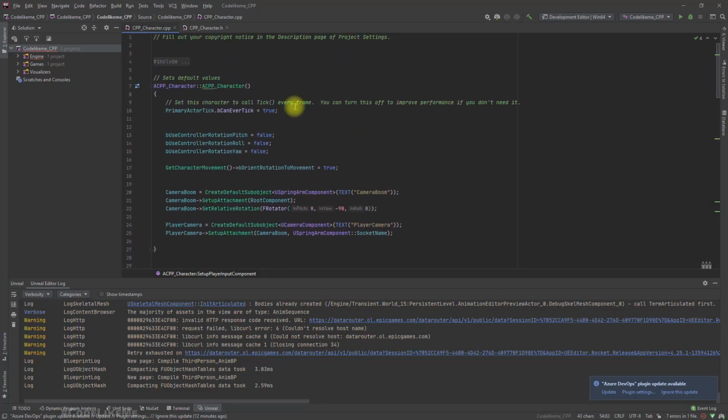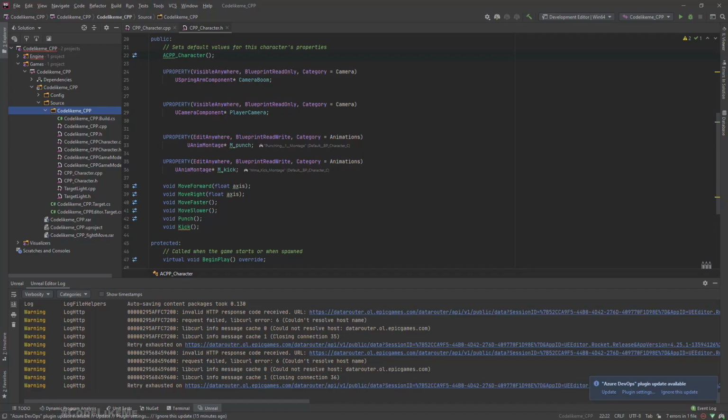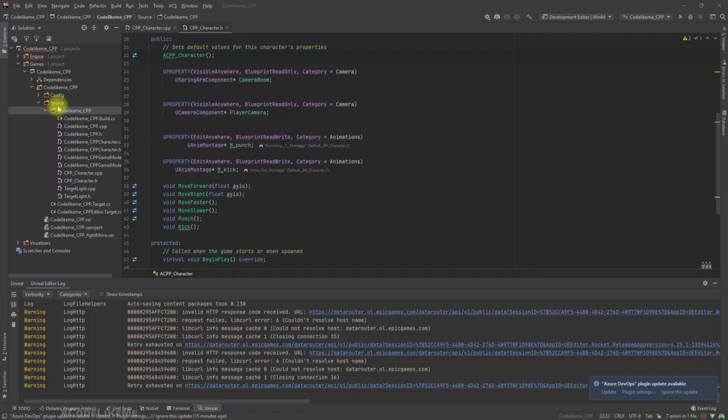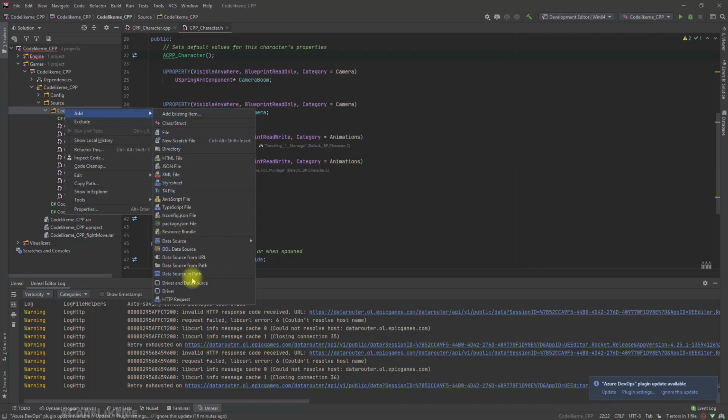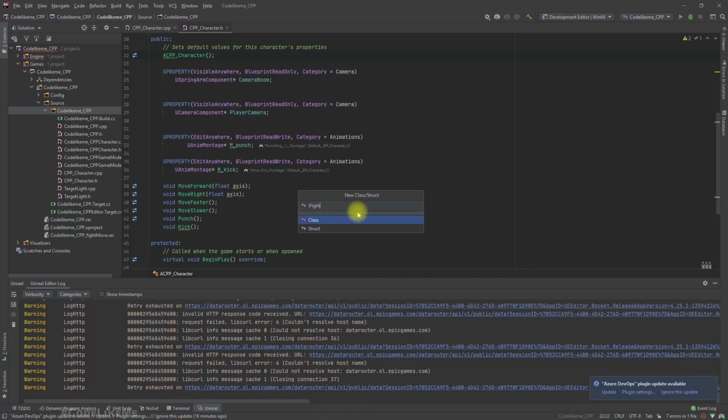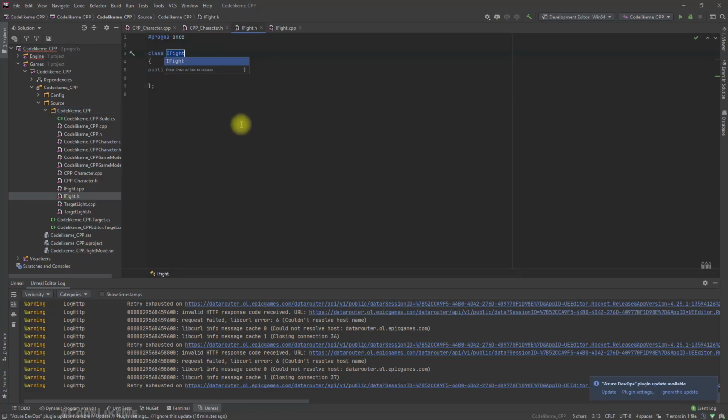Okay, so how do we define an interface in C++? That's the next thing I need to figure out. Alright, so I'm referring to the official documentation. According to that, I need to add a header file for the interface. So add C++, okay, let's name it IFight, or combat. No, fight is better. IFight. Okay, so here it created IFight.cpp and IFight.h,